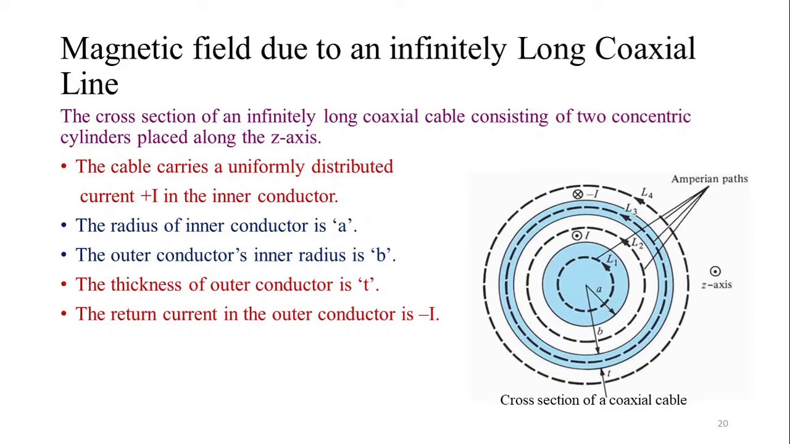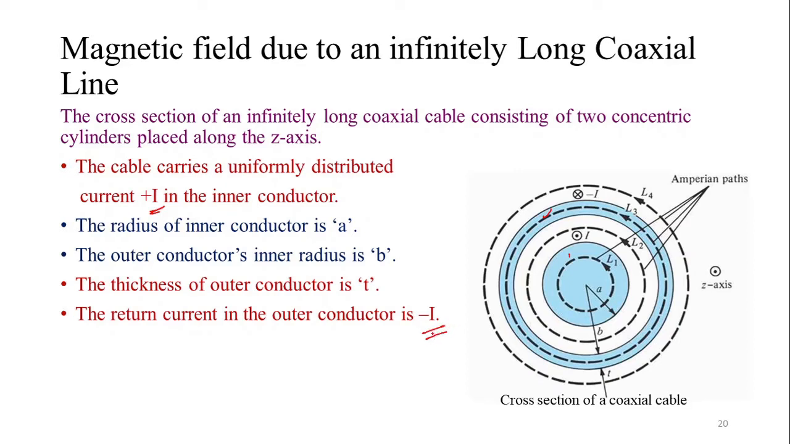So here, just consider this diagram. Here, the blue shaded regions are conductors. This one is the inner conductor and this one is the outer conductor. The inner conductor carries a current plus I, and the outer conductor carries a current minus I, or the return current is